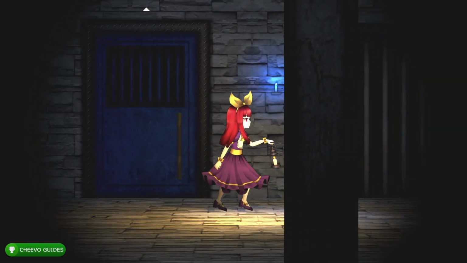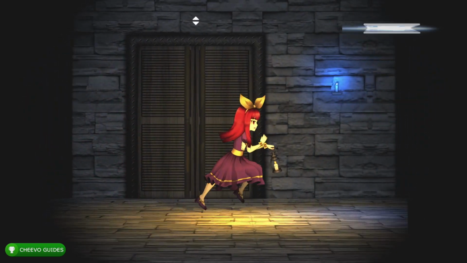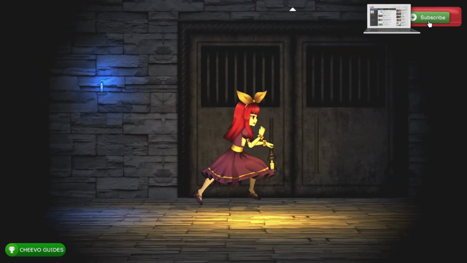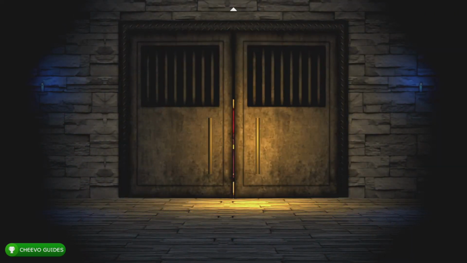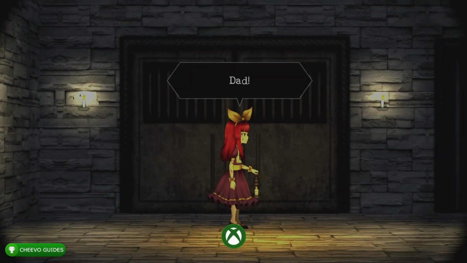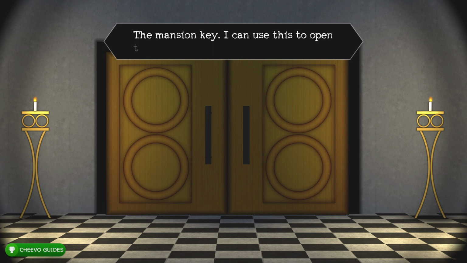Now this hallway takes you to the end of the game. You just need to make sure that you walk through the door at the end. It's the double cell door. Once you walk through here, it's going to complete chapter 5. Shortly after, you will be unlocking your achievement for completing chapter 5. You just have to press next and it will pop in the next cutscene, worth 50 gamer score. Now in this room, we're going to find the mansion key,